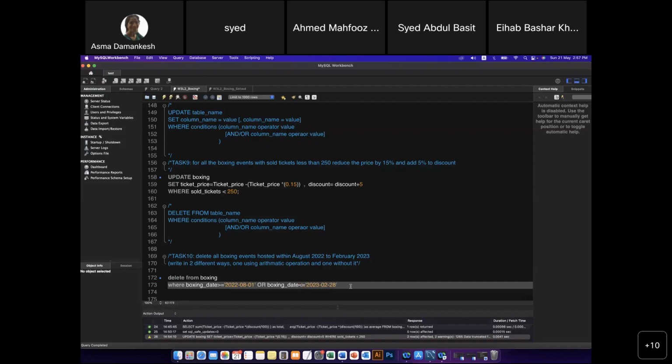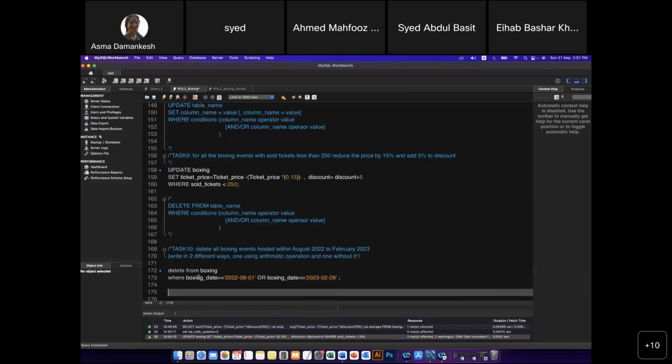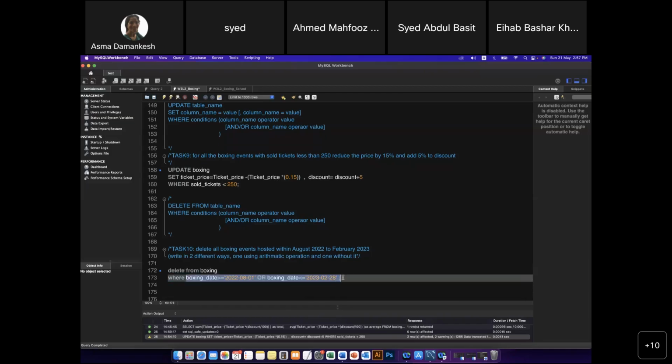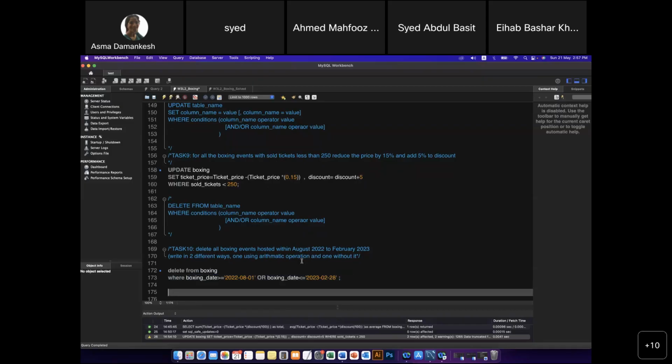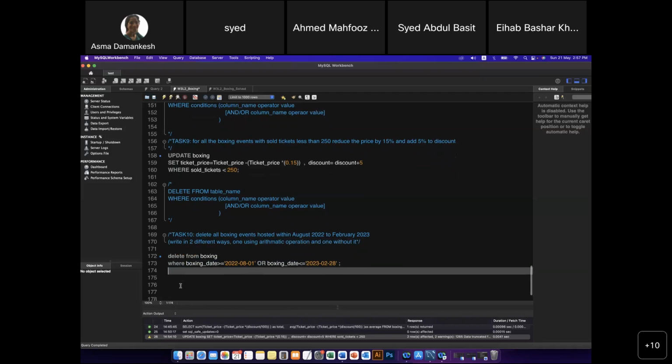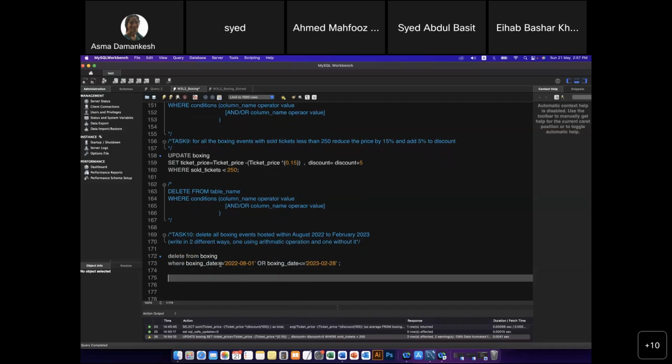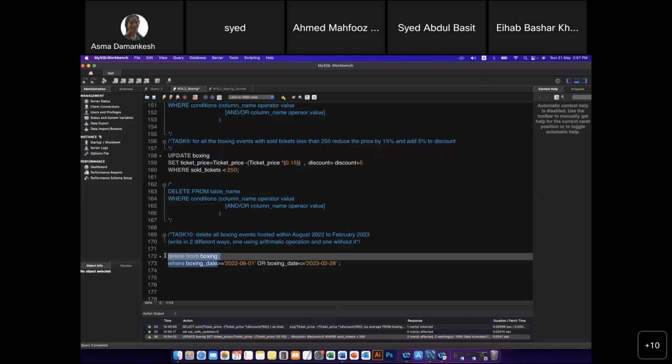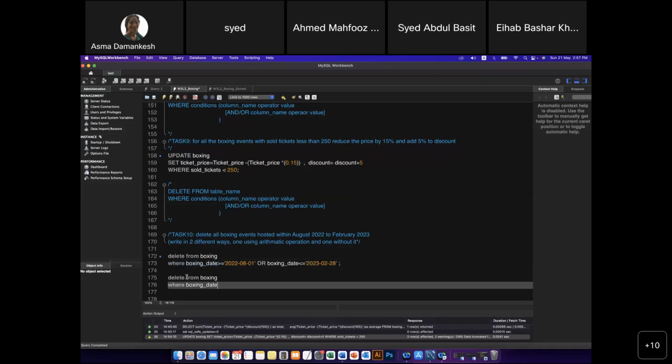Okay. Now, another way to do between two values is to use the keyword between. This was mentioned here, but was not mentioned in the Word document. So I asked Miss Amal to give marks to everyone because that was my bad. The other way to do the same thing is to say delete from boxing where date